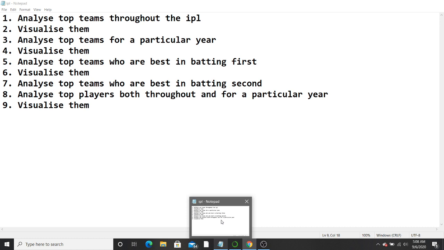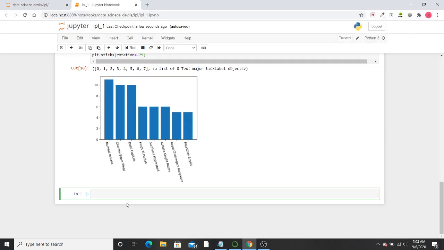So the next step was to analyze top teams who are best in batting first. So we need the count for those teams who batted first and then won. So we need to think about some logic for it. Consider an example.